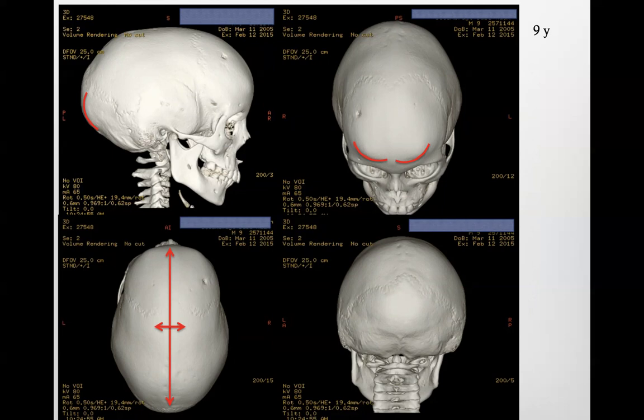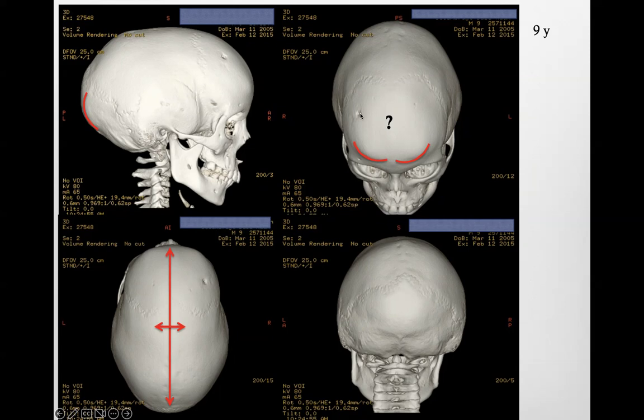So in this case, because the sagittal suture is fused, we are dealing with sagittal synostosis, and the skull will not grow laterally. What about the metopic synostosis that is anterior to the coronal synostosis? So here we see the sagittal synostosis is fused, the two coronal synostoses are fine, but the metopic synostosis is